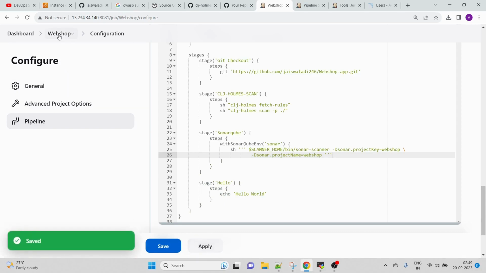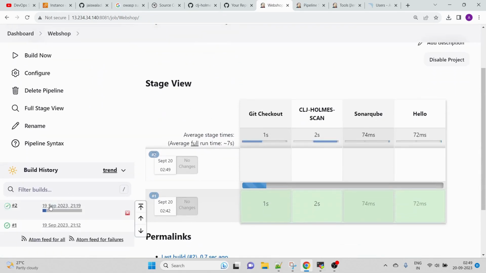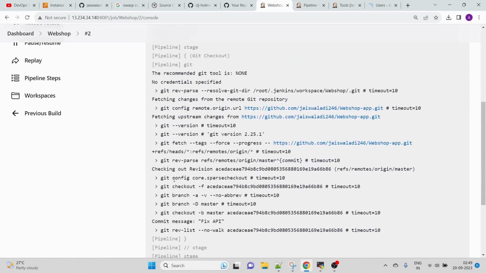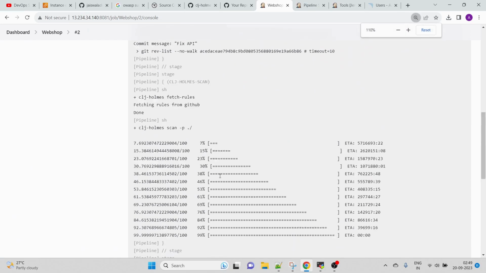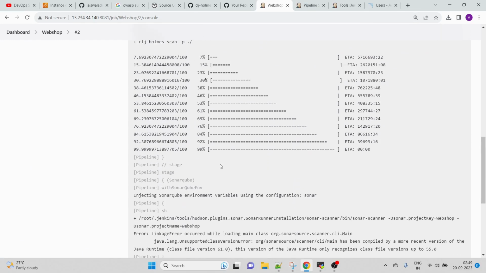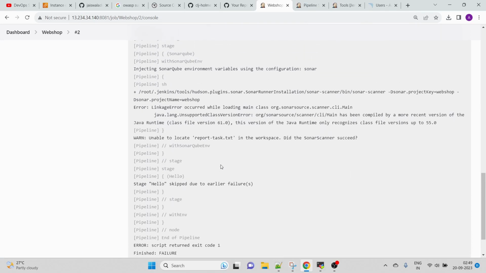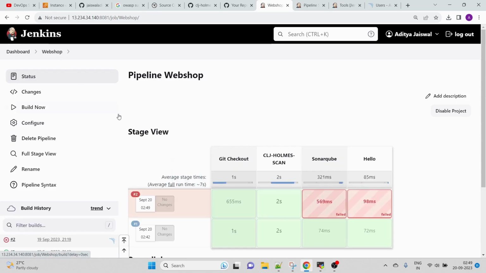Let's see what happens, because as I said, with Clojure, this kind of language, I have never worked. This is the first time I'm doing it, so I'm just seeing everything for the first time. So yeah, some error is there. Let's see what happens. You can see class version 61, and okay,